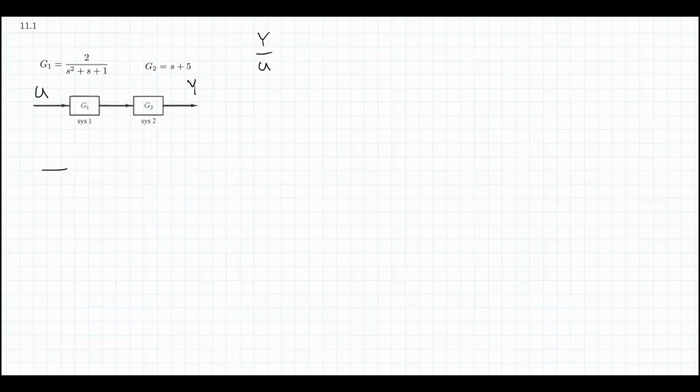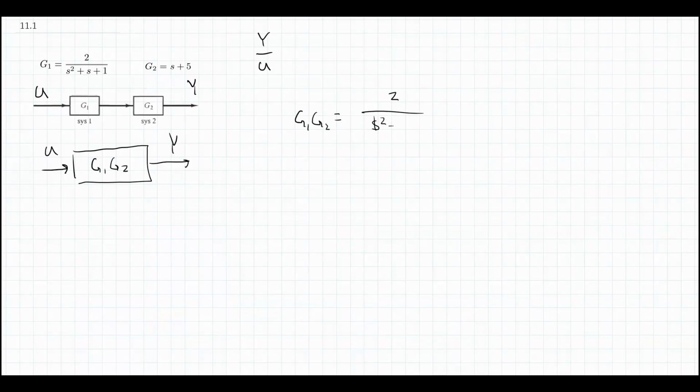This is going to be the same thing as U coming in, going through a transfer function and coming out as Y. And for transfer functions in series, it's going to be the product of the two transfer functions. So we need to find G1, G2. Well, we're given G1 is 2 over s squared plus s plus 1, and G2 is s plus 5. So I can just do that multiplication. So I can distribute that 2. So I have 2s plus 10 on top, and I'll have an s squared plus s plus 1 on the